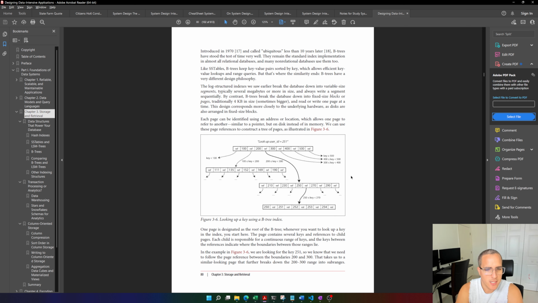One page is designated as the root of the B-tree. Whenever you want to look up a key in the index, you start here. The page contains several keys and references to child pages. Each child is responsible for a continuous range of keys, and the keys between the references indicate where the boundaries between those ranges lie. In the example in figure 3.6, we are looking for the key 251, so we know that we need to follow the page reference between the boundaries 200 and 300 that takes us to a similar